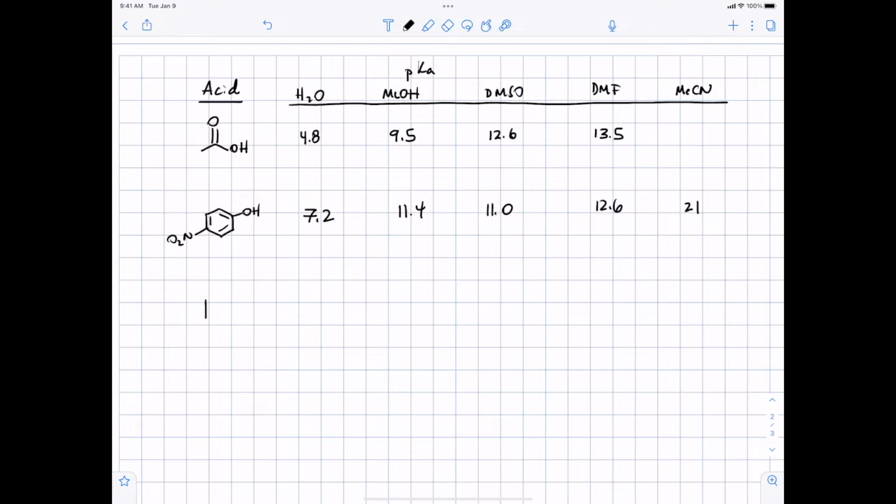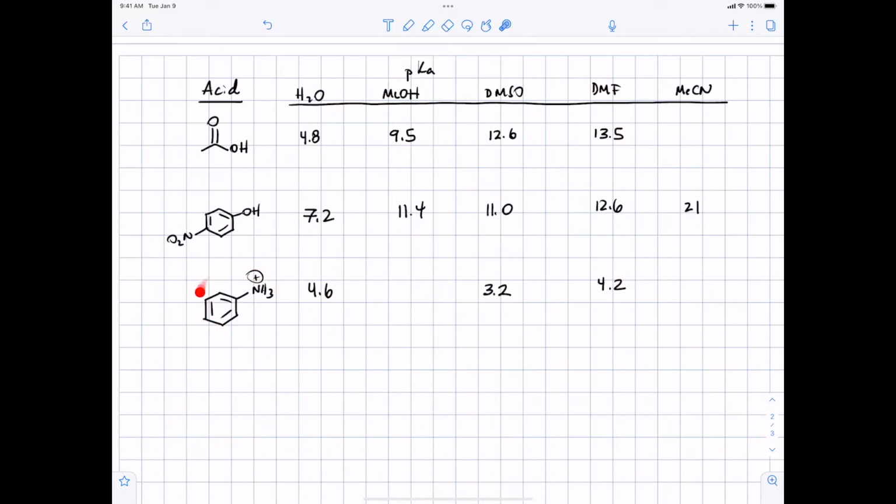And then lastly, here is anilinium, the conjugate acid of aniline. In water, the pKa is around 5, and there's only a couple numbers here. In DMSO, a pKa of 3.2. In DMF, a pKa of 4.2. So interestingly,